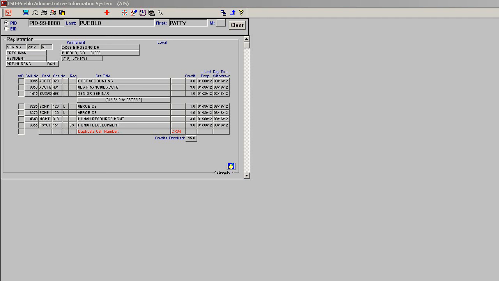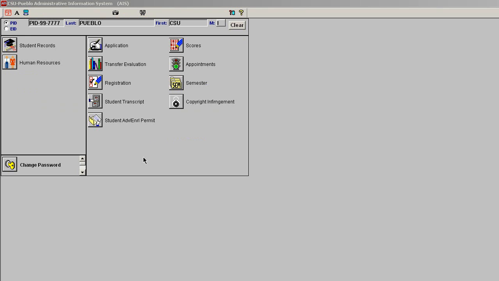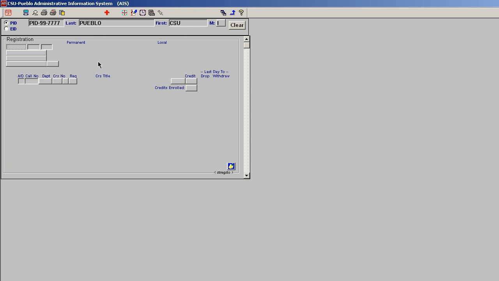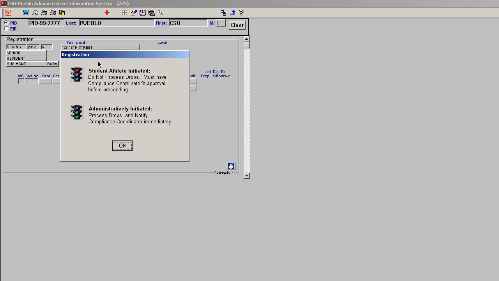When adding and dropping students from classes during the first week of school, there are 3 examples in which you will find that you are unable to add or drop students. These would be our student athletes, our international students, and those students who have remedial restrictions. If a CSU Pueblo student comes into your office and asks to be registered for classes, and under AIS you go to Registration, Spring Semester 2012, you see a registration block come up, letting you know that they are a student